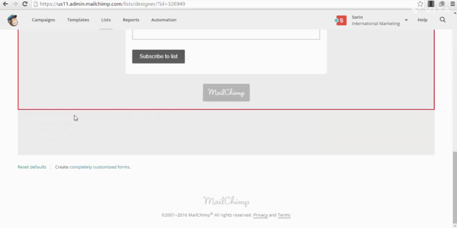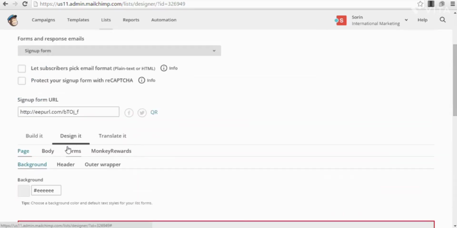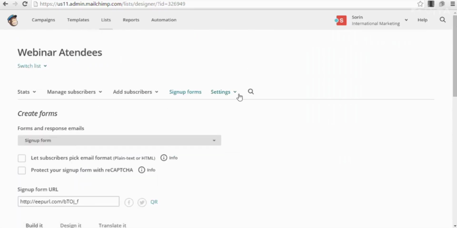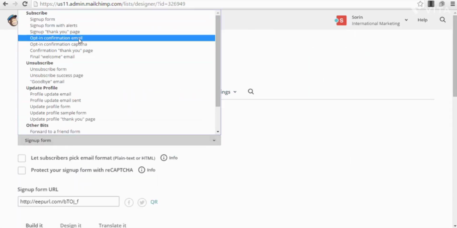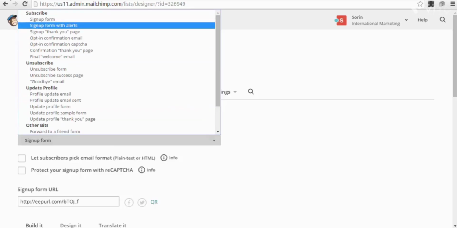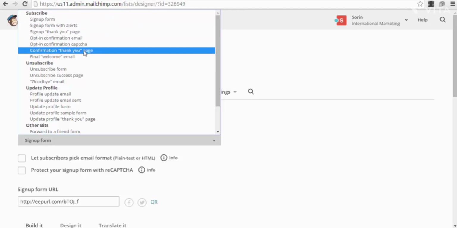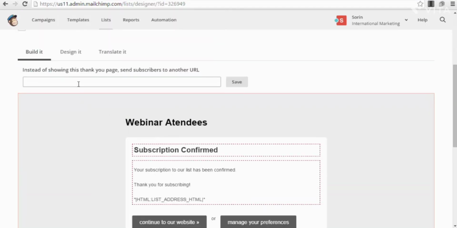Sign up form, let us save this form. Okay, add field. Just a second, guys. Okay, so we have created the form. You can practically check now, after you have checked the sign up form, the opt-in confirmation email or the confirmation thank you page. You can go to the confirmation thank you page,